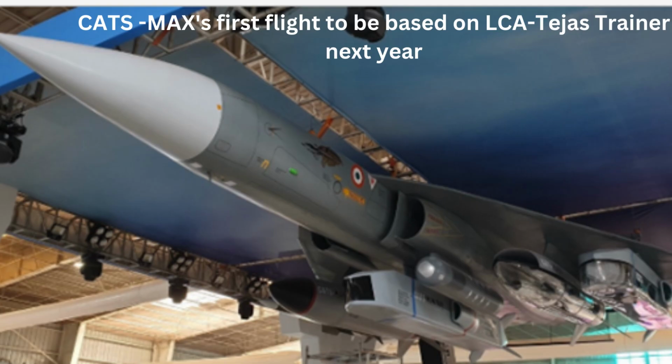Next, first flight of manned CATS MAX based on LCA-Tejas Trainer next year. CATS MAX, mothership for air teaming exploitation, based on the Tejas Mk1 twin-seater platform modified with the CATS interface to act as the mothership and data center for execution and controlling of the CATS mission, is under design stages, and the first flight of the CATS MAX will be performed by 2024-25 time frame, claimed officials at the Aero India